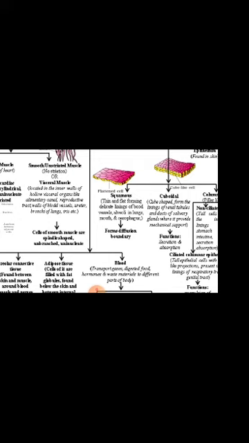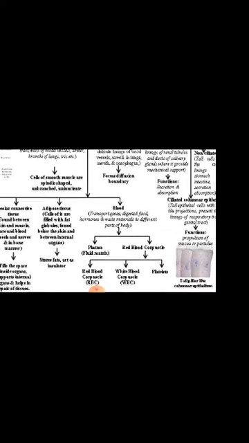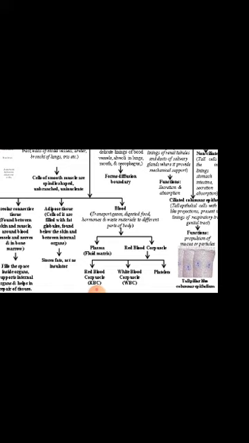Now when we talk about the ciliated columnar epithelial tissues, they are tall epithelial tissues and they have projections. Projections means small structures at its end, and they are present on the linings of the respiratory tract, and their main function is the propagation of mucus or different types of particles.